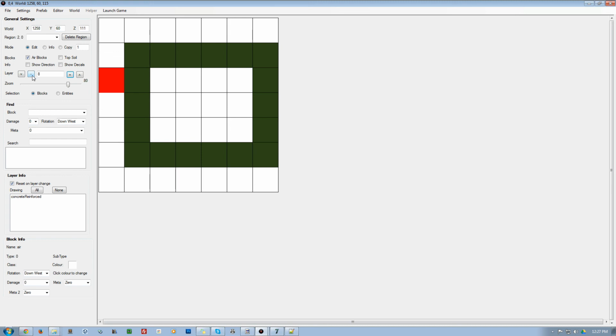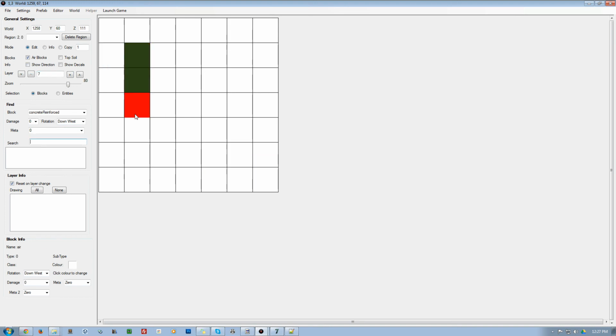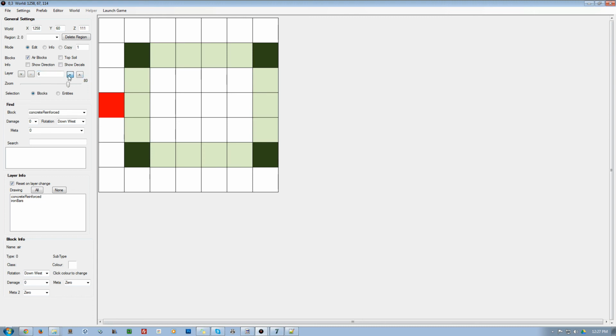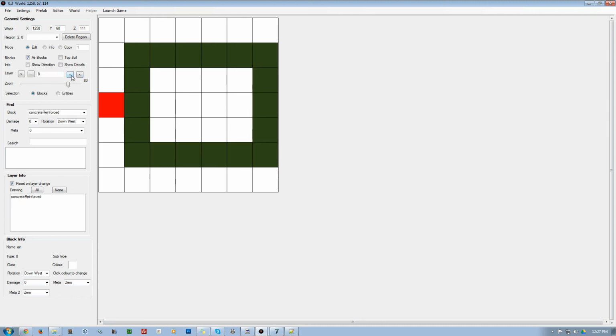But what we can do, I'm going to copy this. We're in edit mode right now, so I'm going to right click. That's going to copy this block. And then I'm going to go back down to 7 and paint in with that block. I can hold down the left mouse button and paint that in. Now you always want to go back and forth, make sure you are oriented properly. So this top layer, which I want to work with,